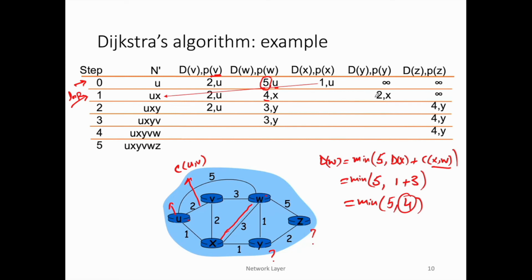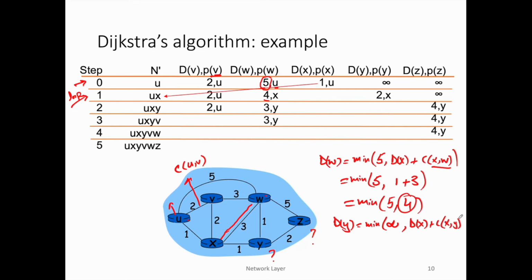we will update our cost to reach y. So similarly here we can calculate D(y). Again, it's the minimum of the previous cost. So what was the previous cost? Look at step 0, infinity. And the cost to reach the newly added node, which is the node that we added in step 1. Yes, D(x), x has been added, the cost to reach x, and then the cost to reach from x to